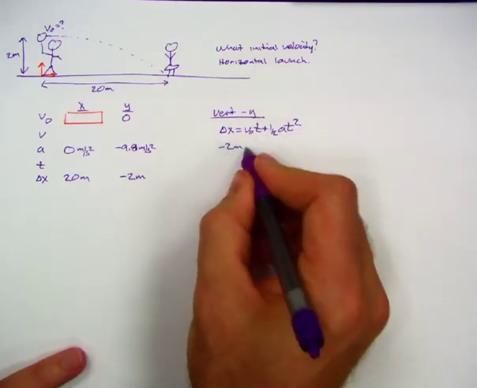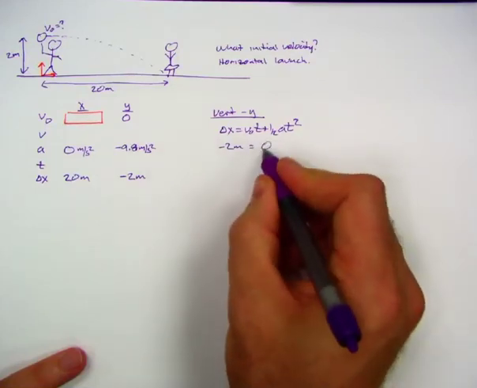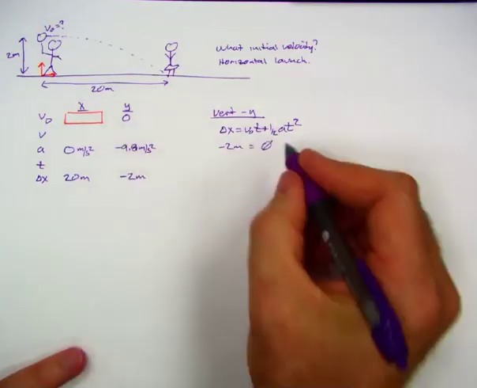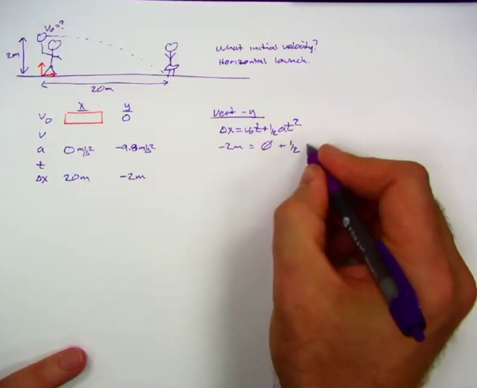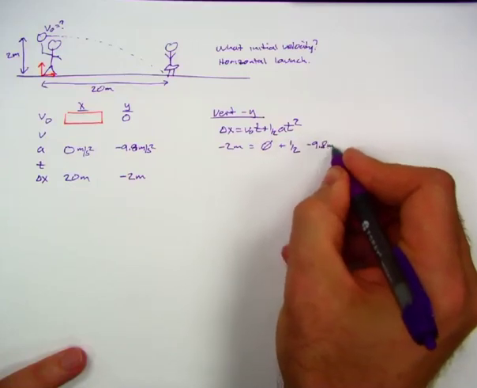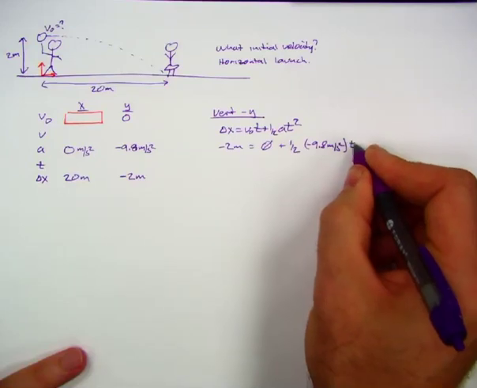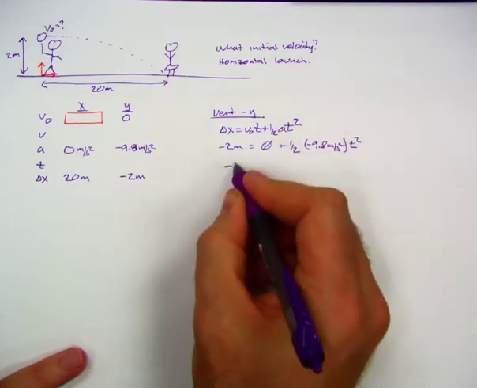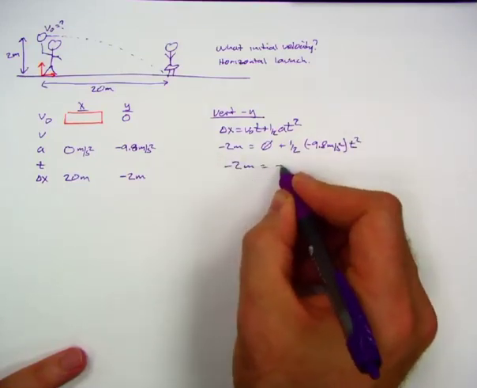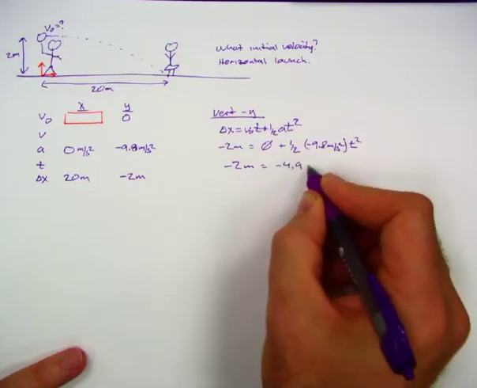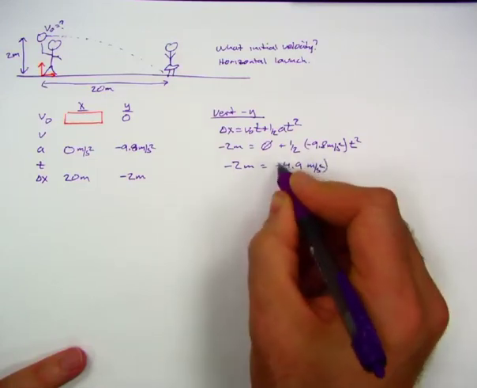Negative 2 meters equals 0, because the v0 is 0, plus 1/2 times negative 9.8 meters per second squared times t squared, which we don't know. So negative 2 meters equals negative 4.9 meters per second squared